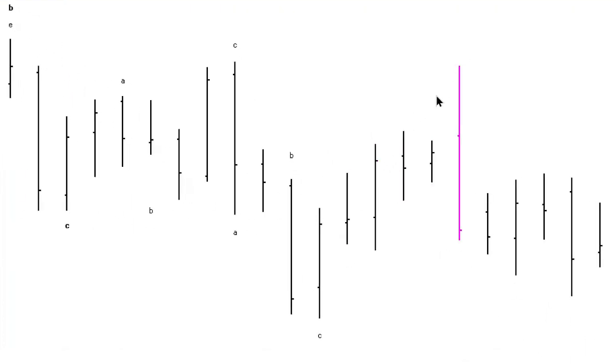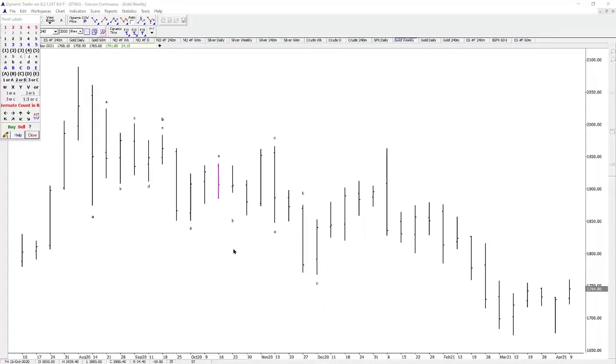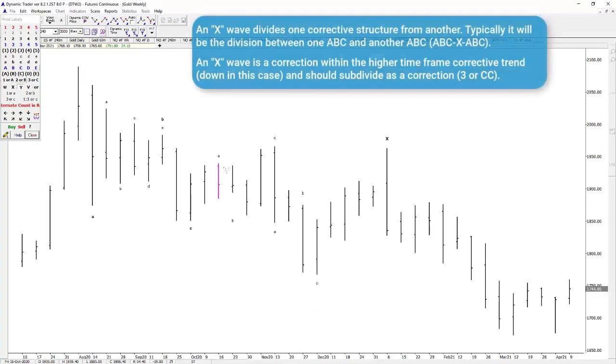So what's this advance? This is a significant advance, greater in time and price than really any of these, and it came up and almost tested this high. Well, I look at this as a dividing factor, dividing whatever is going on here with what's going on afterwards. So frequently in Elliott wave, it's considered an X. And in academic Elliott wave, there's a lot of rules and guidelines for X's. You really don't need to get concerned with that. What you need to do is identify that there's a section that just divided one series of, in this case, ABCs,